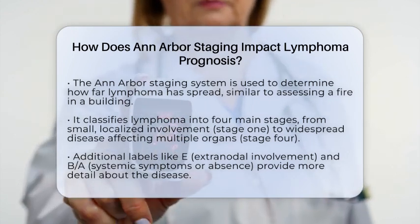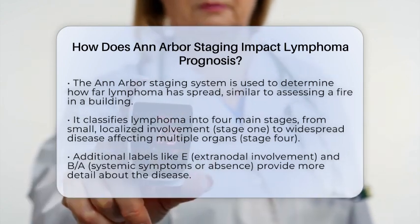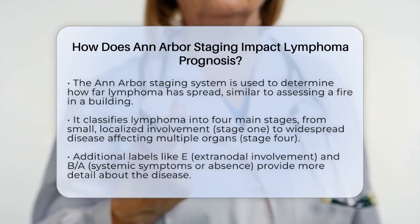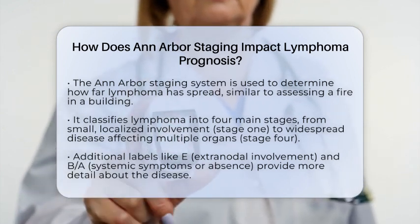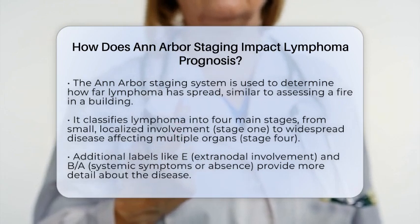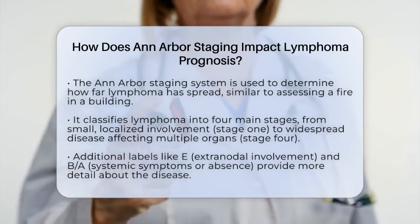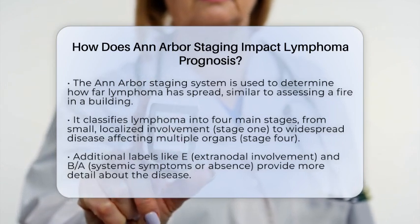It divides lymphoma into four main stages, from stage 1, where only a small area is involved, to stage 4, where the disease has spread widely or involved other organs. Sometimes, additional labels like E for extranodal involvement or B and A for systemic symptoms or their absence are added to give a clearer picture. This staging system is very useful because it provides important clues about prognosis, which is the likely